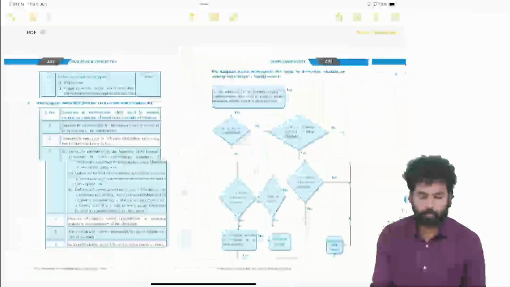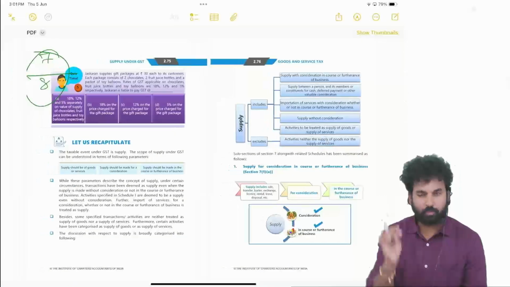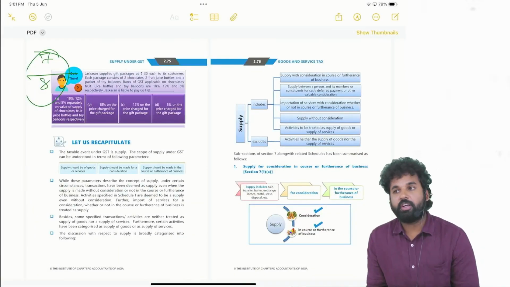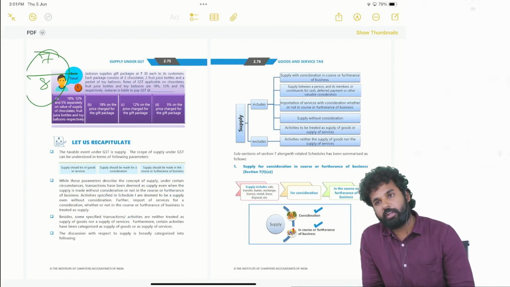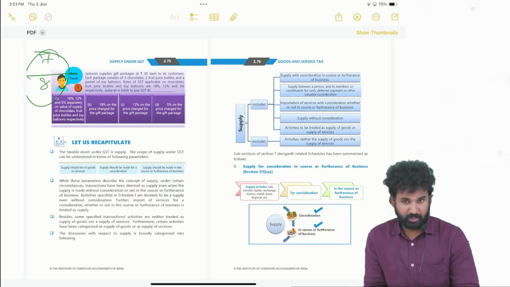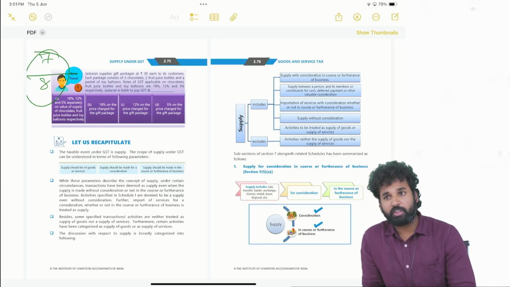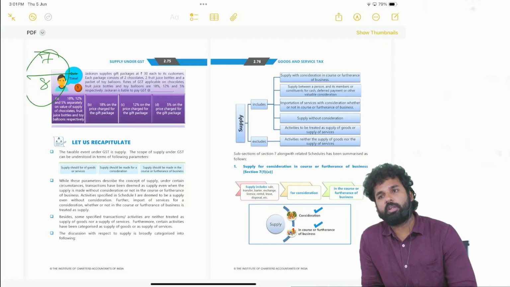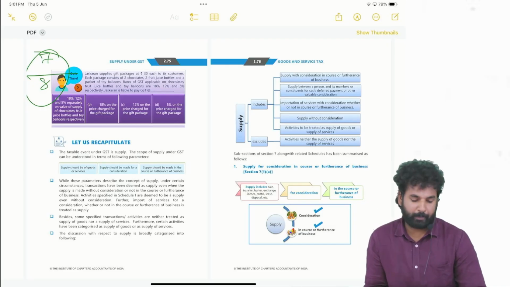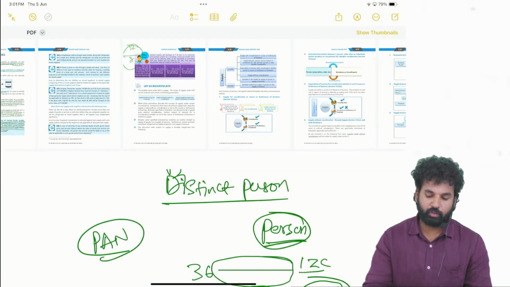So this is all about chapter 2. In this we have studied section 7 and section 8. Section 7, definition of supply. Section 8, composite and mixed supply. In section 7, 3 schedules are there. Schedule 1 has 4 paras, schedule 2 has 6 paras, schedule 3 has 6 paras. Right. Now we will be moving on to the